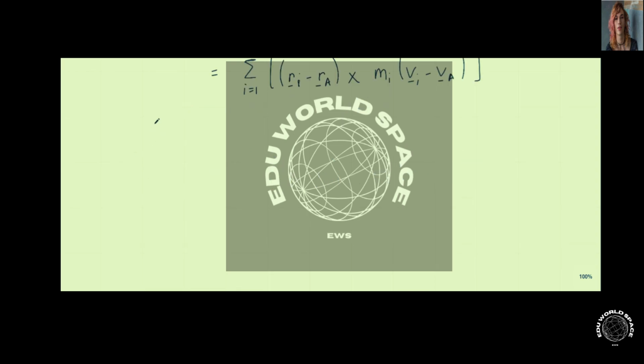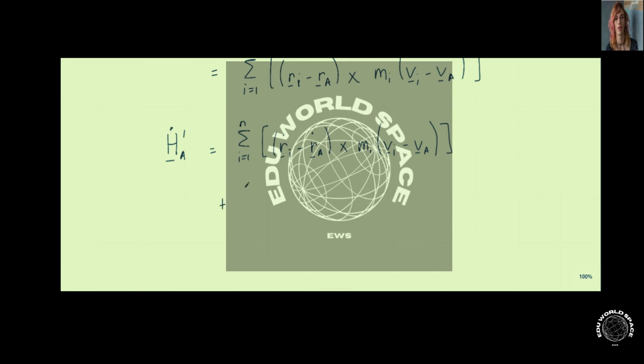Now let's differentiate this expression with respect to time. So that gives us H dot, which is dH/dt, for H_A prime, equal to the sum as i goes from 1 to n, and differentiating, giving the following: r dot i minus r dot A, crossed with m_i (v_i minus v_A), essentially using the chain rule,